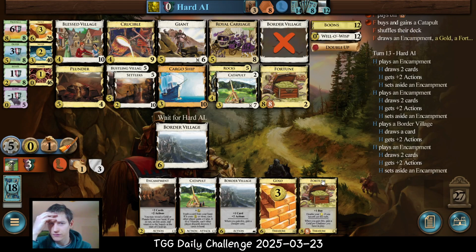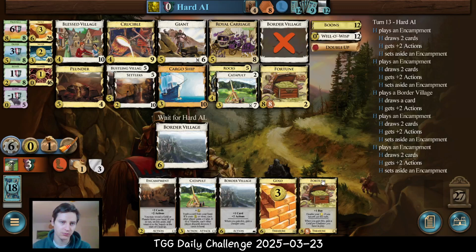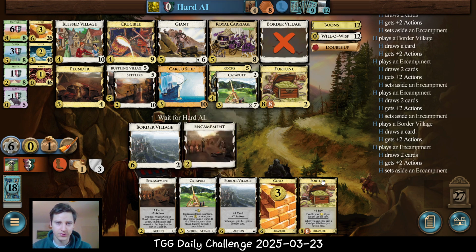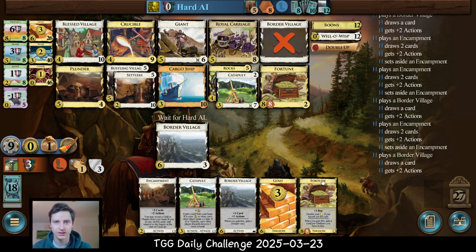Now here we have 4 buys on the next turn. AI sets aside encampments once again. It will probably pick up a plunder here, but it has just such a junky deck. I think we distributed 3 curses or so, and it now, I mean, it is drawing a lot here, but